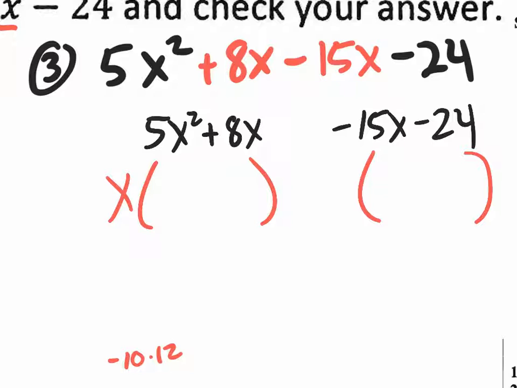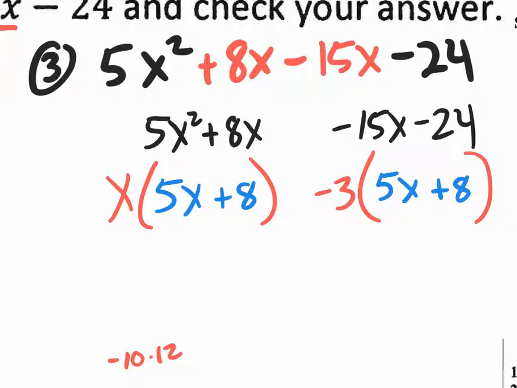So could you pull out anything in the first group? X. So let's pull out that x. What would be left over? 5x and plus 8. Okay. How about the second group? Pull out a negative 3. Now, if you pull out a regular 3, you're going to see that you end up with the opposite signs in here. So you'd have to pull out the negative eventually. It's better to pull out that negative 3 right from the start,